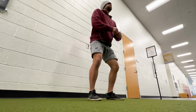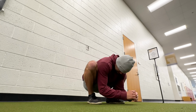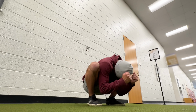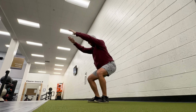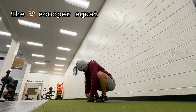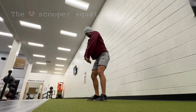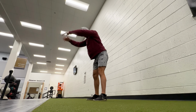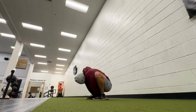Now with this back flexion, there is severe rounding of the back, and usually in a traditional squat you would want to keep the back neutral, but this wasn't evolving into a traditional squat. Ladies and gentlemen, I present to you the chocolate chip scooper squat. Quite a bit awkward at first, but the idea was to not only activate the legs but the entire posterior